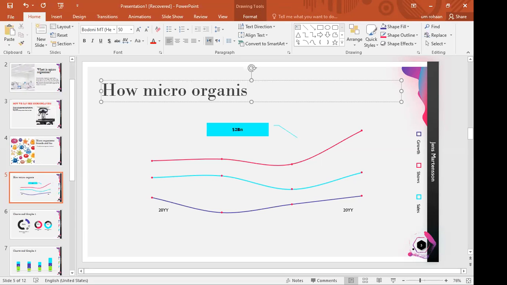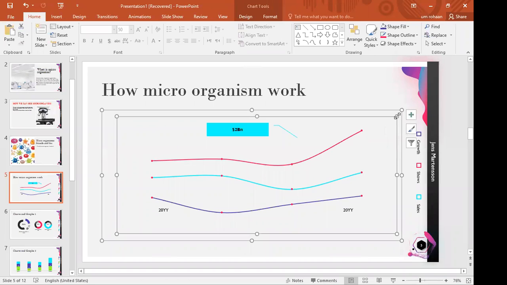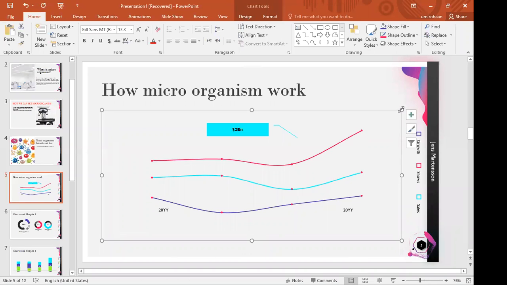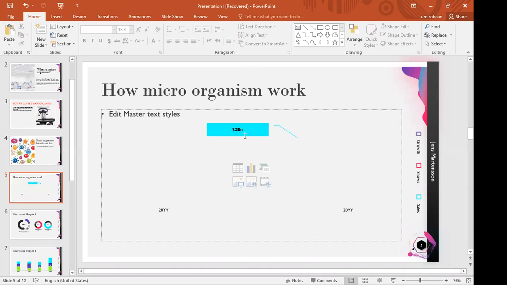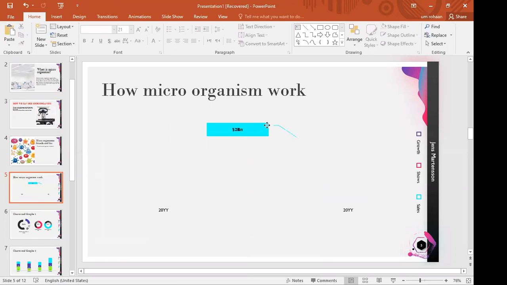What I will do is I will cut this all, delete. This also, whatever it is, let me delete it because this is not according to our need, and I have deleted. How microorganisms work?